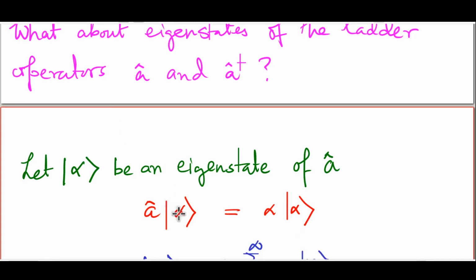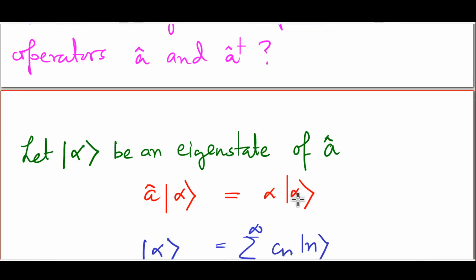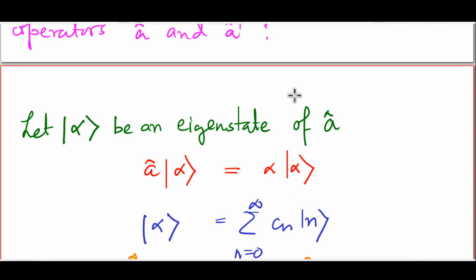The operator A acting on ket alpha gives you alpha times ket alpha. At this stage, I am not making any comment about the nature of this number alpha. It's a complex number at this stage. And since our Hilbert space is spanned by the number eigenstates |n⟩, every ket in the Hilbert space, including our |alpha⟩, can be expanded in terms of the number eigenkets with appropriate coefficients. In this case, I am assuming that ket alpha is given by the sum over all n from 0 to